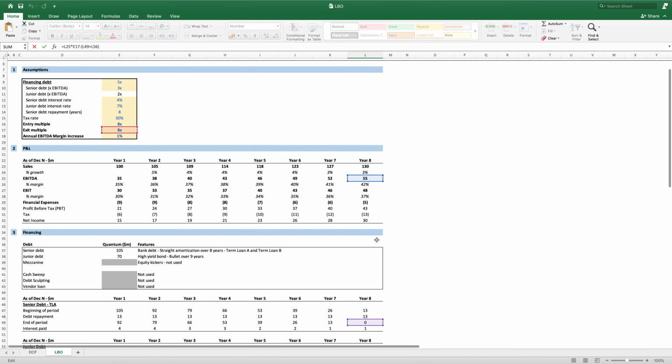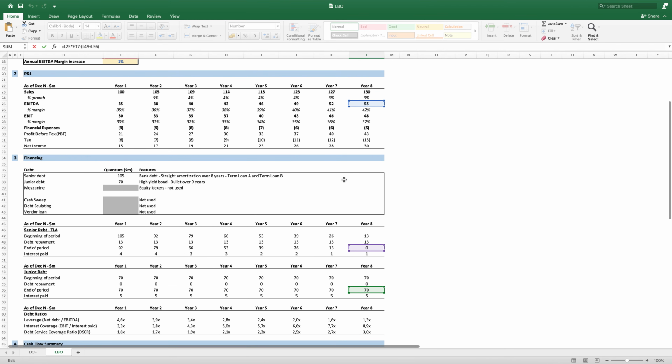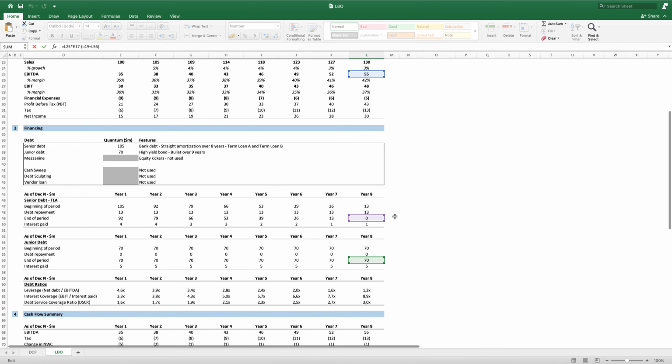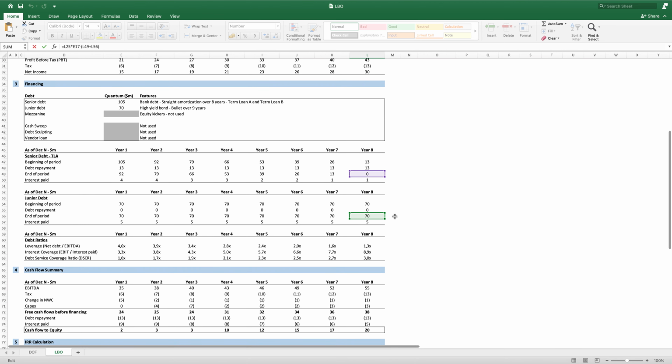So we assume that it is sold at an exit multiple. We multiply it by EBITDA, and we subtract the debt that still remains in the target co in order to get the equity value